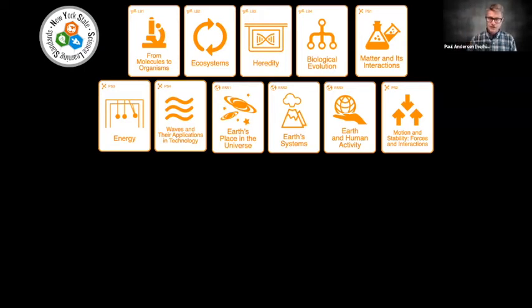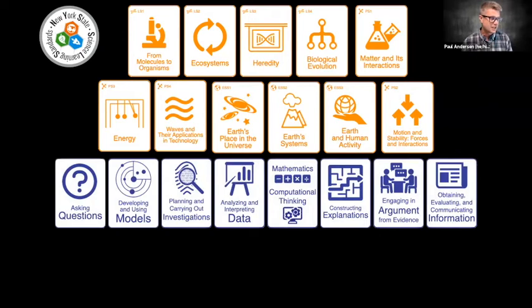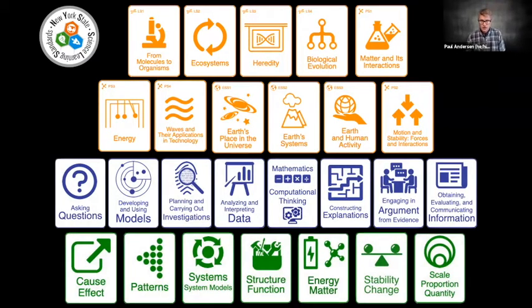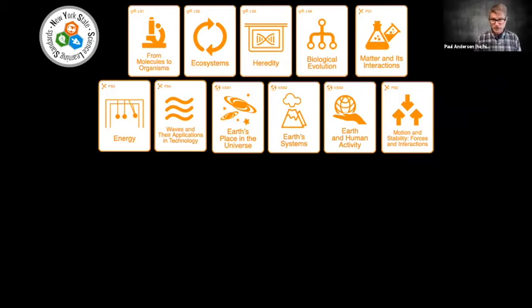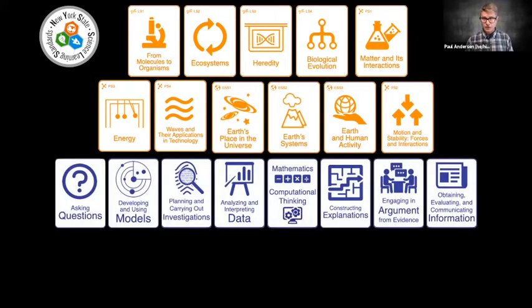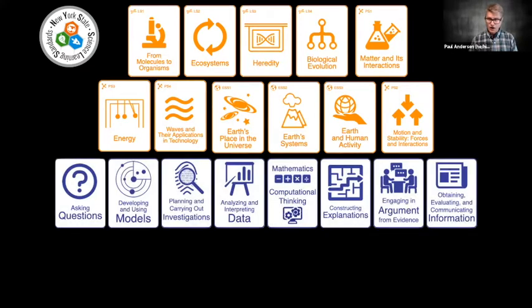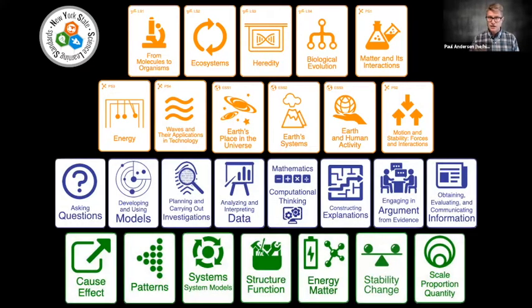Old school way of teaching science, we just loaded the content. That's kind of where we went from. And so for us today, in your New York State Science Learning Standards, there's the orange, there's the blue, and there's the green. The orange is what we're going to teach. The blue is how we're going to teach it. And the green is how we're going to think about it. So there are these 3 dimensions of what are we going to teach, how are we going to learn, and how are we going to think as we go through the phenomena?